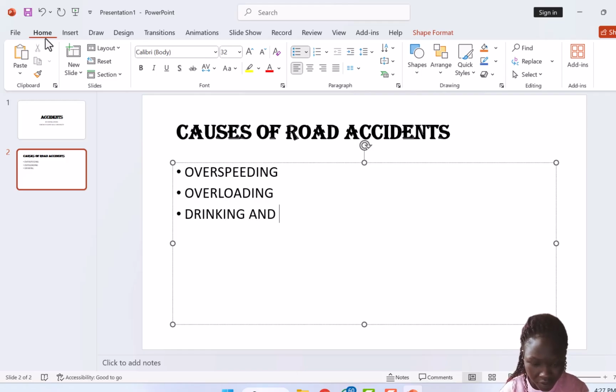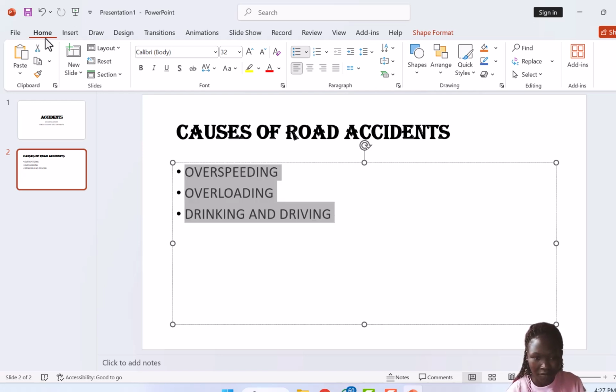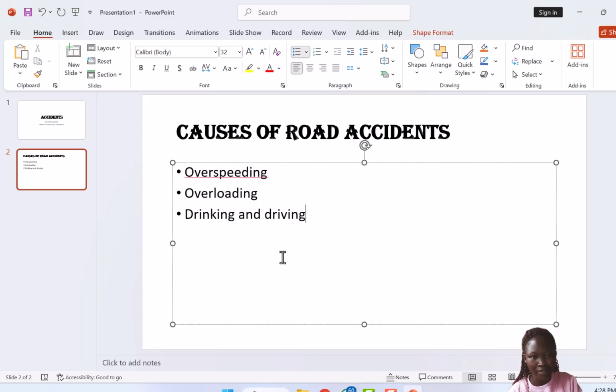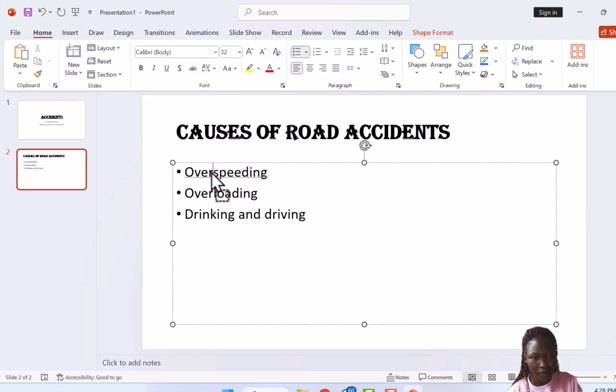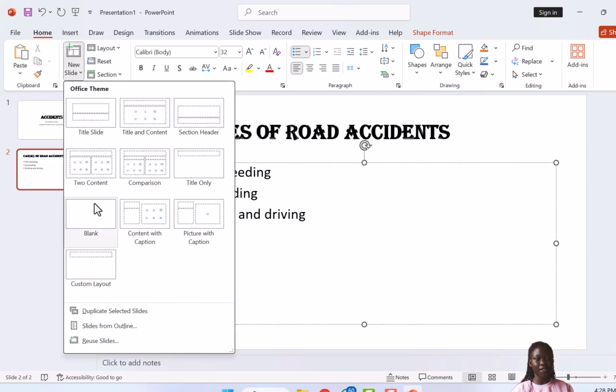Drinking and driving. So you give, let's say, that's how highlighted your points are supposed to be. Your points are just supposed to be in that format, such that you don't keep turning back your eyes. If you want to add another slide, you come here to new slide, you choose what